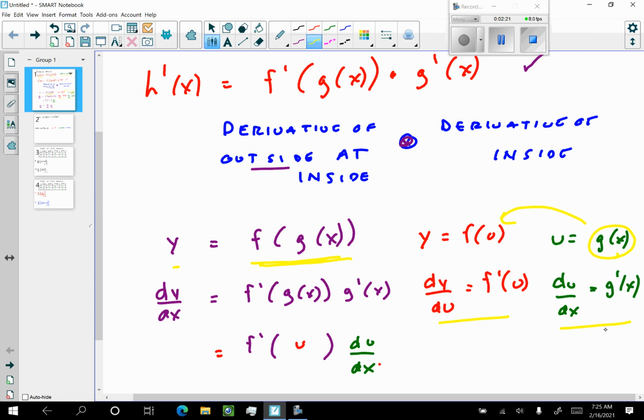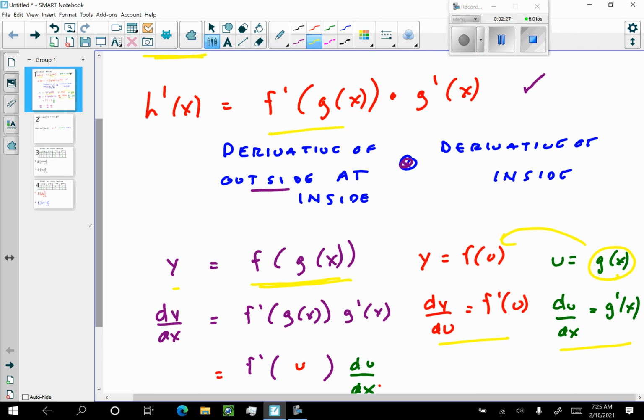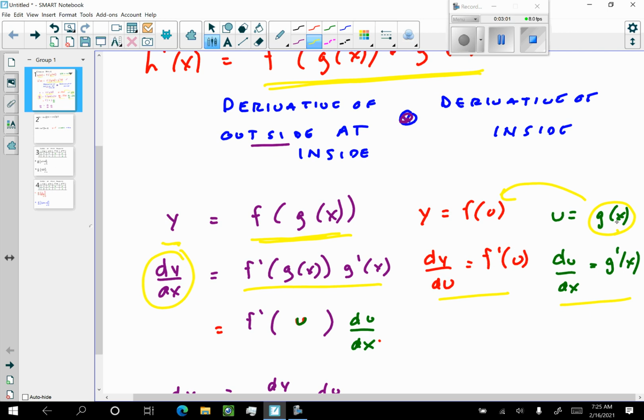And look what I'm going to do. I'm going to put these pieces into our formula from above. So g of x is u. I'm going to put u in for g of x. Let's color coordinate it. So now I have y, which is this composite function. Y are the outputs of this composite function, and I differentiate this with respect to x, i.e. I get dy/dx, and that's going to be f prime of g of x times g prime of x, and this is the formula from above here. Don't forget that. And where I've let u equal g of x,